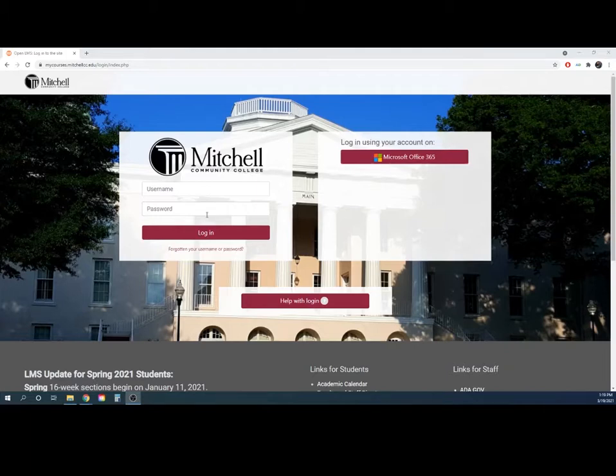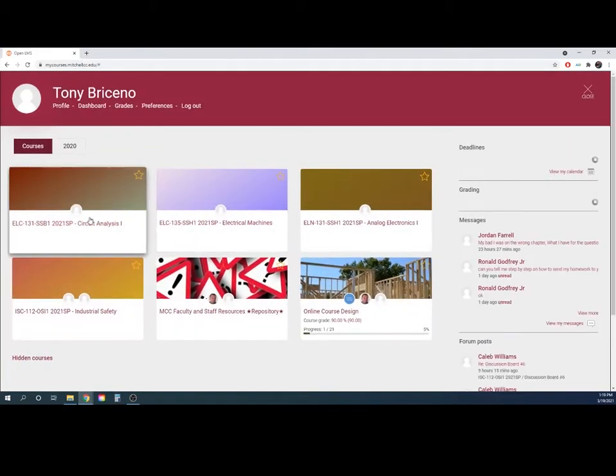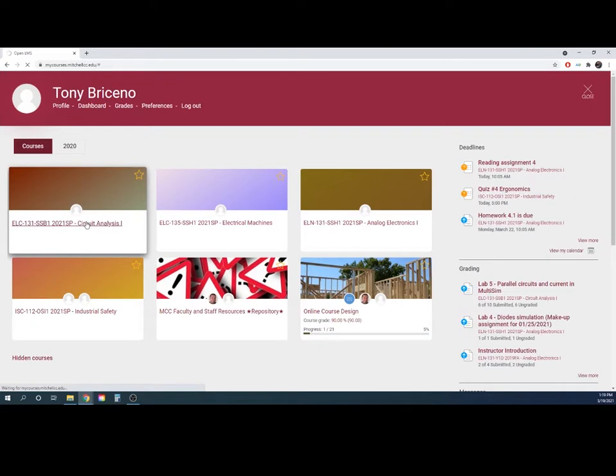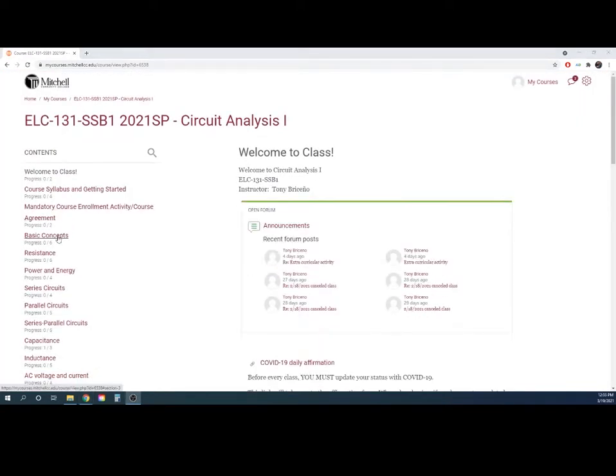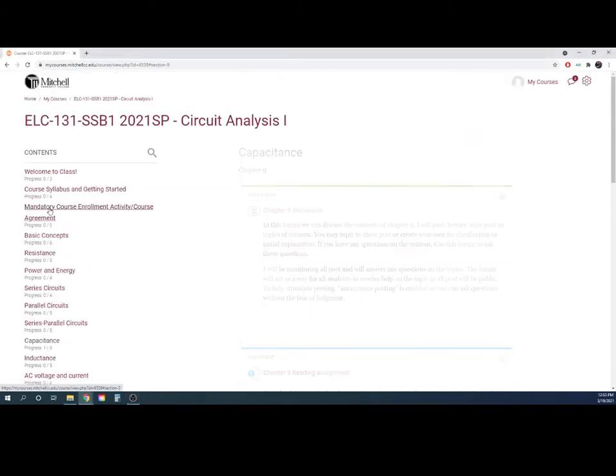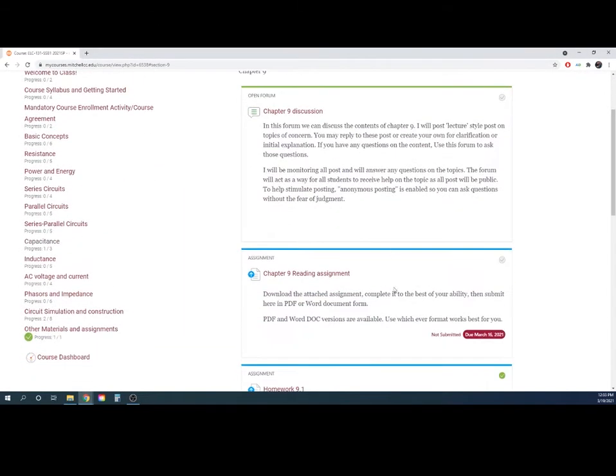So the first thing you're going to have to do is log into Moodle or open LMS and go to the course in which you want to submit an assignment. Once your course has loaded up, you need to scroll down to find an assignment that you need to submit something to. So if you look here, you can see on this assignment the due date and that nothing has